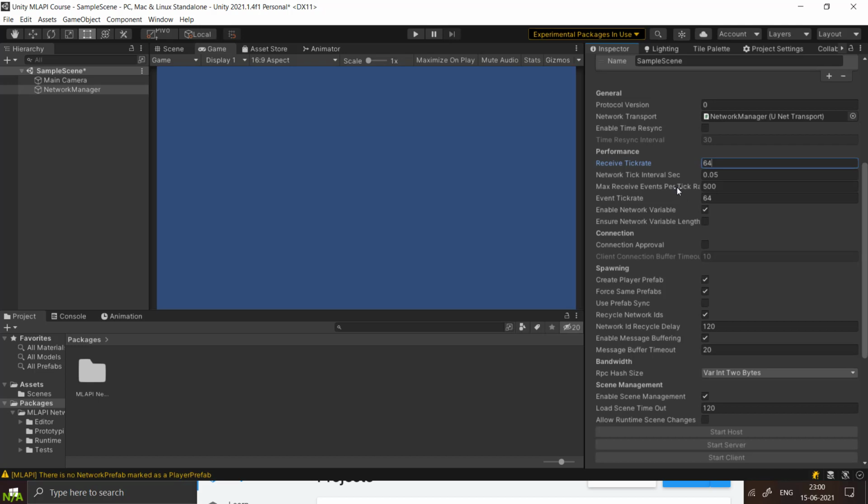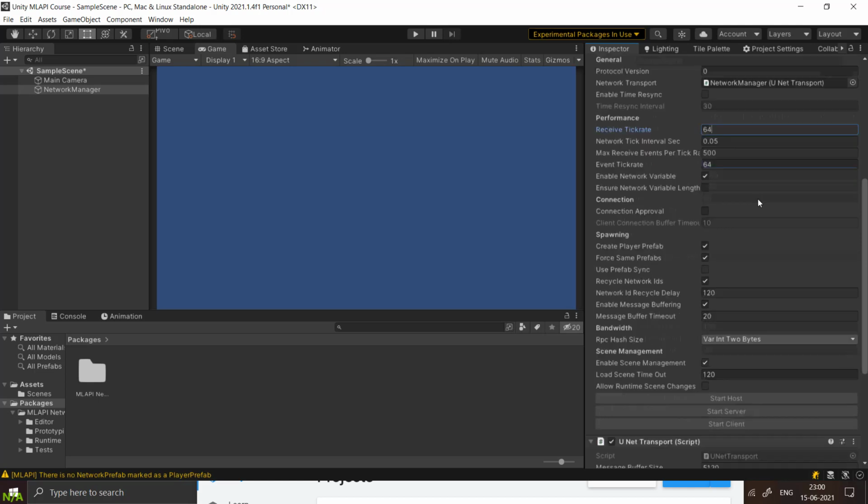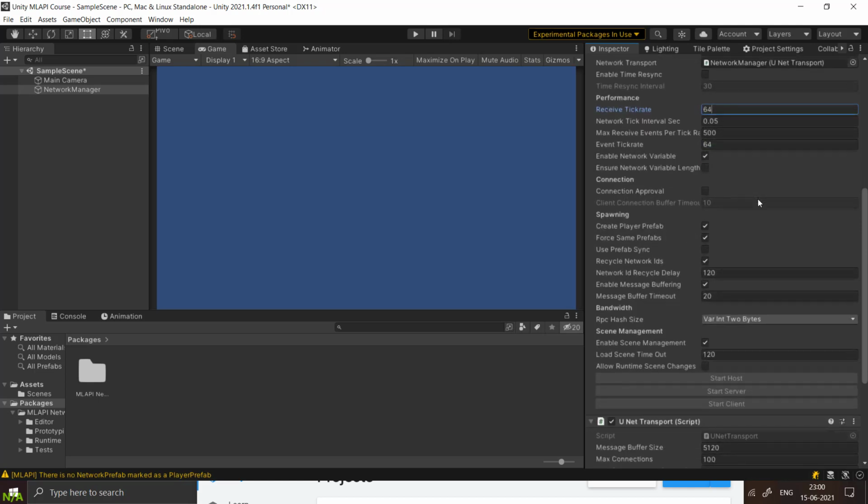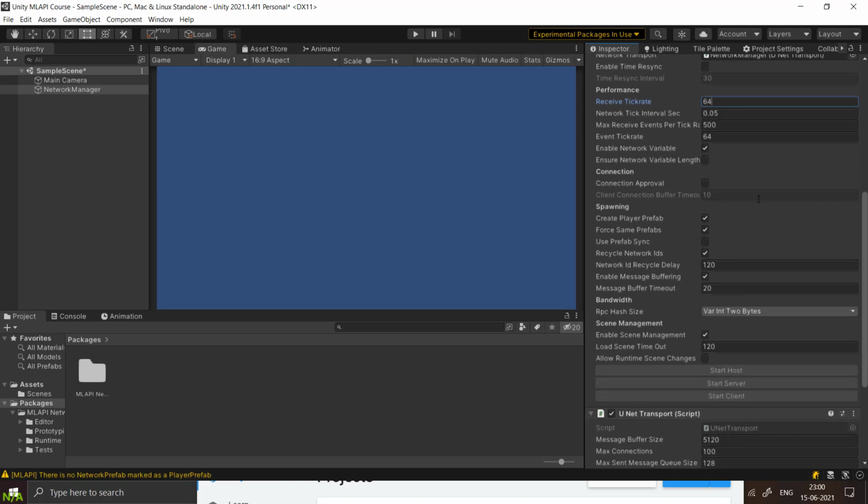Then max receive is how many events it has to keep in its queue, and the rest it has to purge out. And event tick rate is the amount of time per second the internal event loop will run. We'll go into detail later, so for now just bear with me. And then spawning: create player prefab, as I told you.